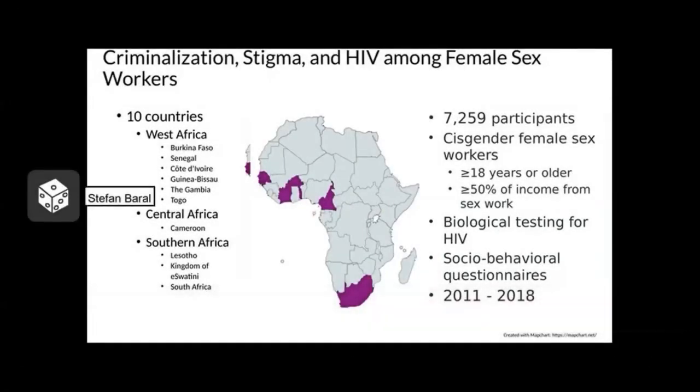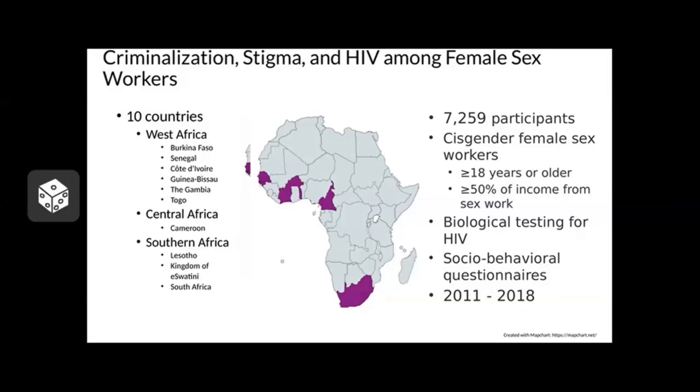Okay, I'm now going to move on and talk about criminalization, stigma, and HIV among female sex workers. And these are data from many of the same countries, 10 countries across West Africa, Central Africa, and Southern Africa. I will note some differences. Here it's only data from Cameroon in terms of Central Africa. Southern Africa, there are also data from Lesotho and South Africa. It's just about